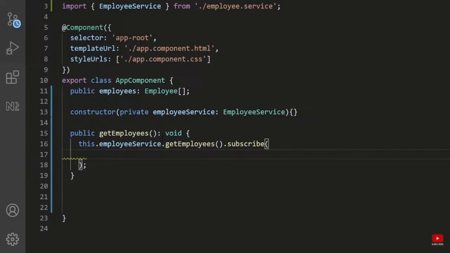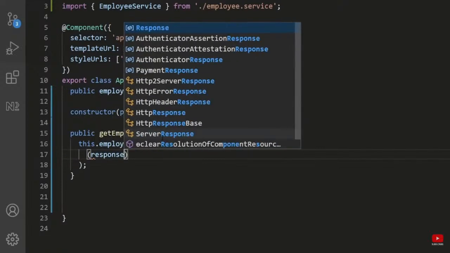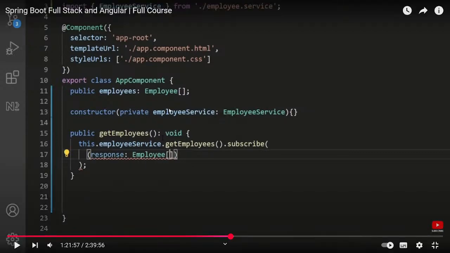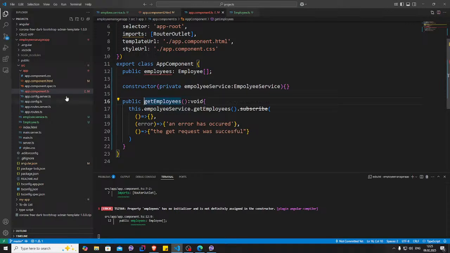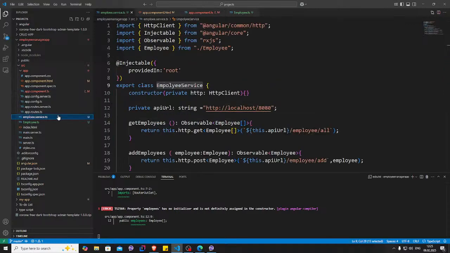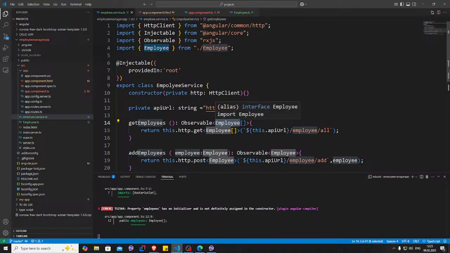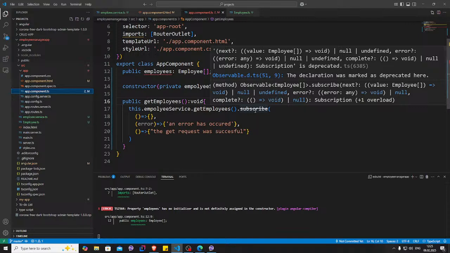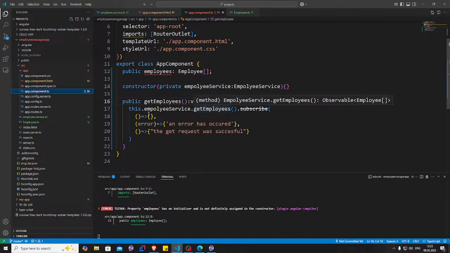And here I'm just gonna specify our response. So I'm gonna say if we get a response back, which is gonna be of type employee array, because that's okay, yes, that's one thing. In the service.ts, in the get employees, we are getting a return type of employee. But the return type from here is the input to the other method that we have. Get employees here, at least the subscribe part. Subscribe is activating the observable here, which is giving response